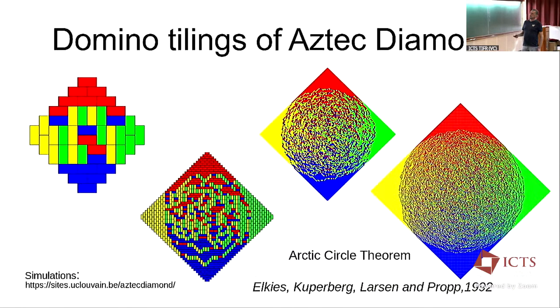If I increase the size, the structure is preserved, and there is some interesting randomness in the middle. If the size of the board is sufficiently large, one can see the emergence of a circle. One can show that it's a circle. It's the subject of a theorem by these people, known as the Arctic Circle theorem. All these beautiful pictures, including the rectangular one, can be simulated very easily by going to the website and running different parameters. It will produce plenty of them and even more exotic ones.